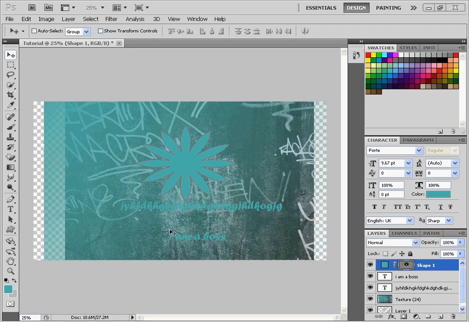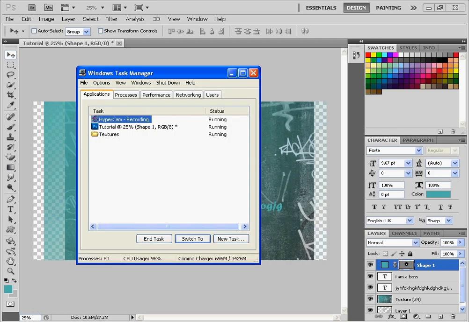Okay, so now we're gonna go to the transform area. So if you want, say I wanted this star right here to make it bigger, or I wanted to